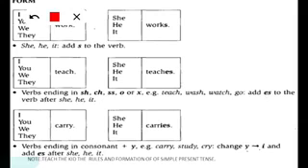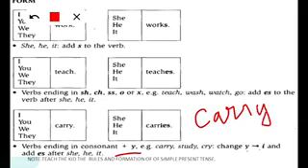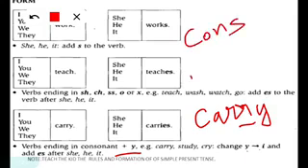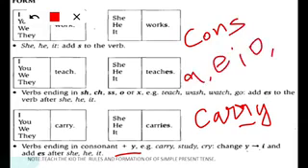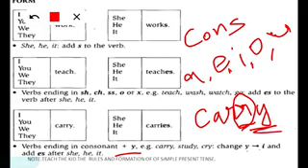So verbs ending in consonant plus y. Here if you see carry, in this R is a consonant. Yes or no, children? R is a consonant. Consonant means other than A, E, I, O, U, whatever other letters are there, they are called consonants. So after the consonant we have Y. What we have to do is remove this Y and add IES. That is how we got carries.